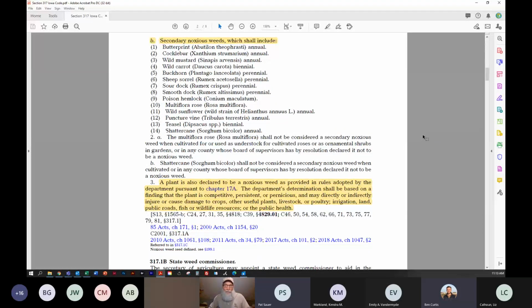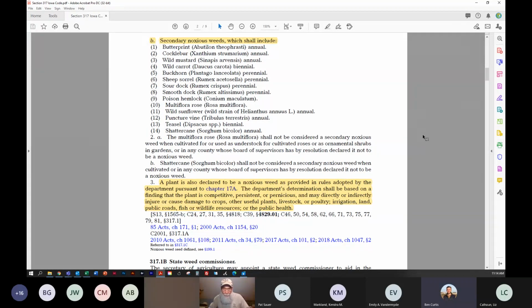Right. I think the best way to think about it is that the term weed is used in a subjective manner. A weed is based upon what a person thinks, so a weed to me may not be a weed to you in general. But the law, as we see here as Ben is scrolling down, needs a definition in order to be a document that guides the management of species deemed to be weeds. So clearly they're defining a plant as a weed on the basis of its potential to impact economic growth and production of crops.